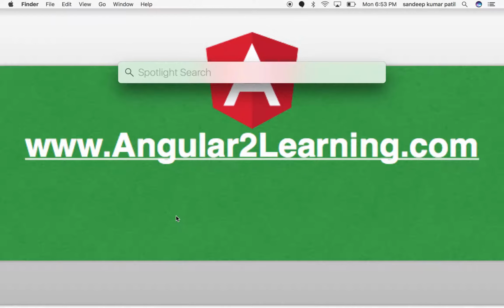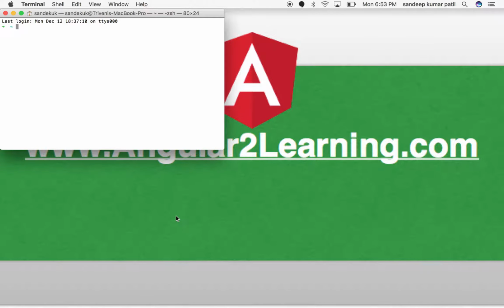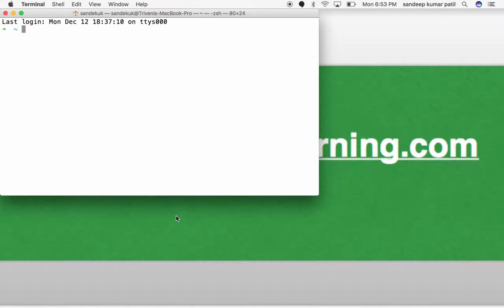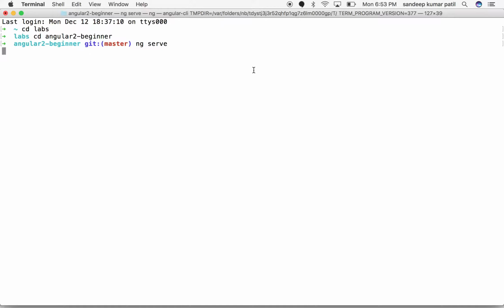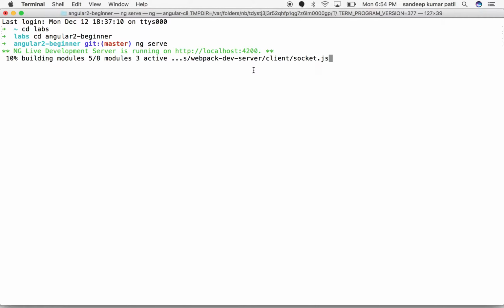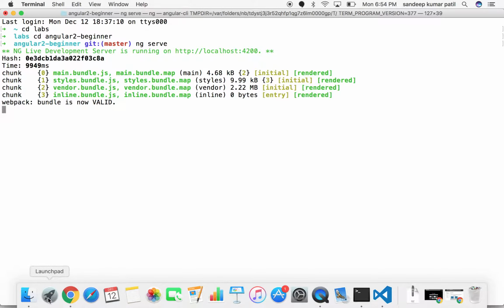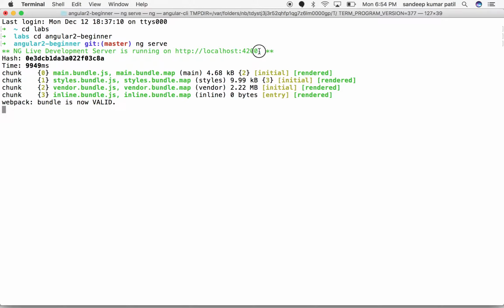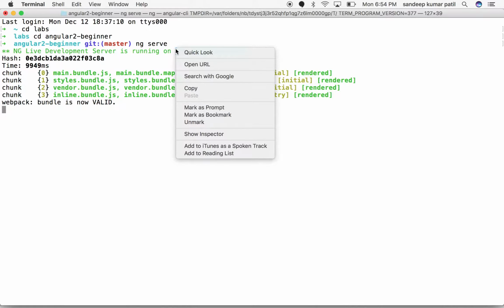If you remember, we created an Angular 2 project in the last tutorial. So let me show you where we ended last time. Let's go into the project, and this is what we did in our last tutorial. Basically, all it does is we have an app running in this particular location. Let me just copy